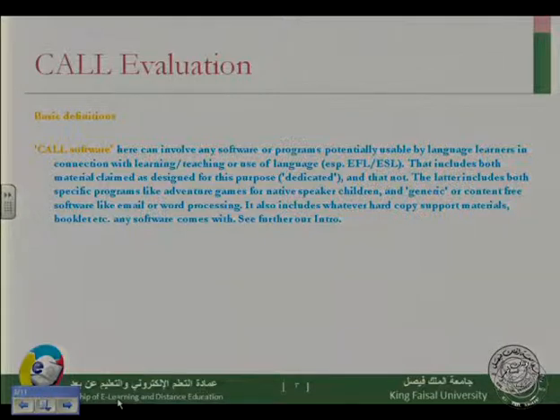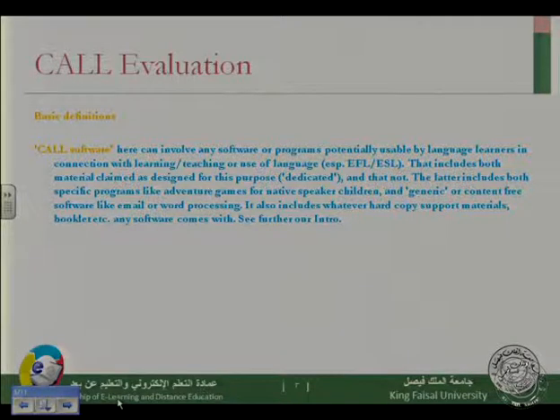The latter includes both specific programs like adventure games for native speaker children and generic or content-free software like email or word processing. It also includes whatever hard copy, support materials, booklet, etc. any software comes with. See further in our introduction